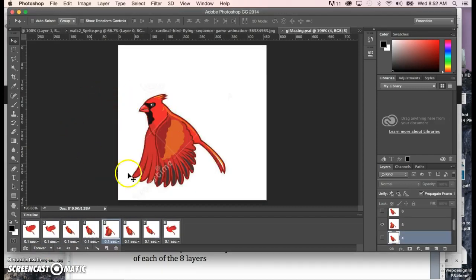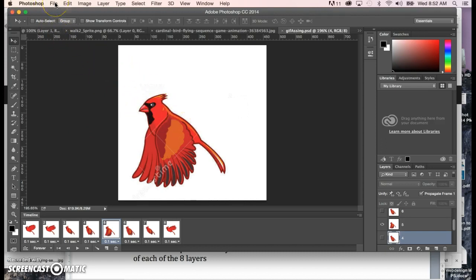Okay, so we're nowhere near finished, right? We just have our reference, and we're still working in a PSD file, which as you go along, save that file. You'll keep that because you can always go back to this and generate GIFs and change the positioning of the bird in different frames and generate another GIF. So let's just generate a test GIF